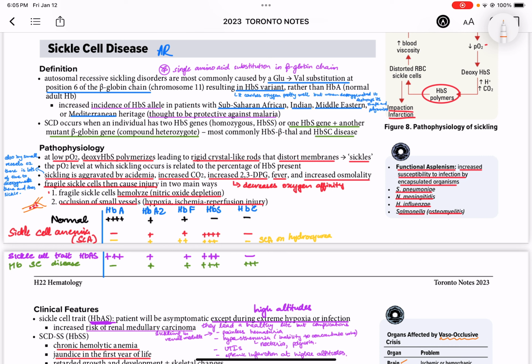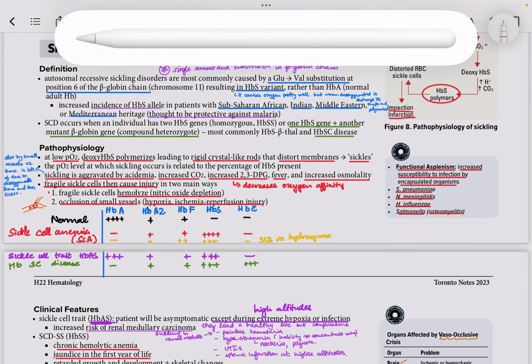So HbS is the variant which is associated with sickle cell disease. It is a little similar to HbA, but it is misshapen. It can carry oxygen pretty well, just like HbA, but when it's deoxygenated, when it dumps its oxygen, it just loses its shape and becomes a sickle. So its shape turns to be like a sickle,